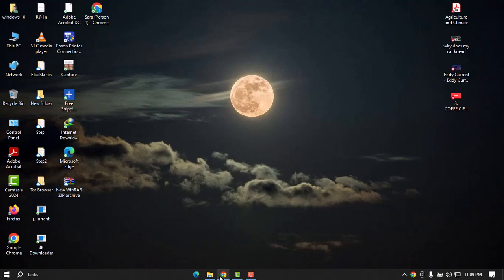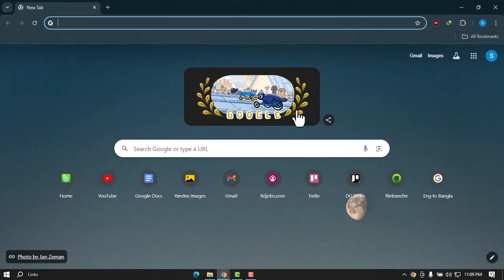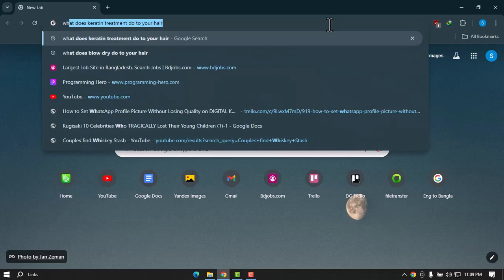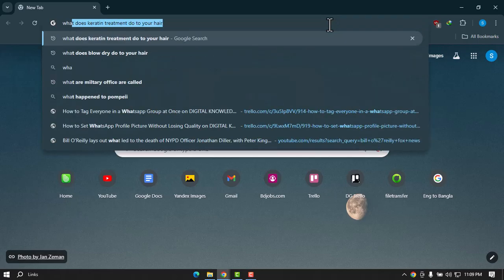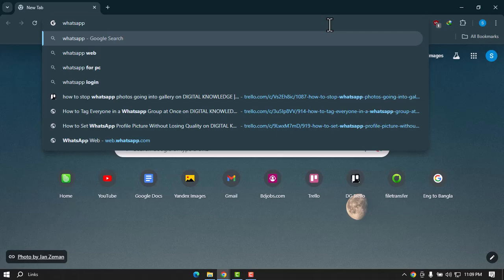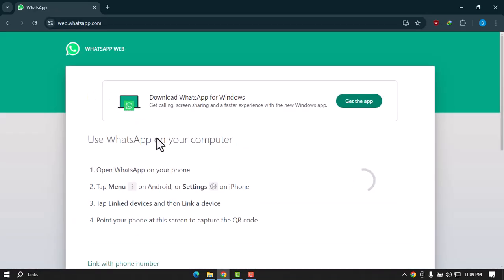For that, of course, you have to go to your Chrome browser or whatever browser you are currently using. Then search for WhatsApp Web and it will take you to this page, and here you can see there are several options to link